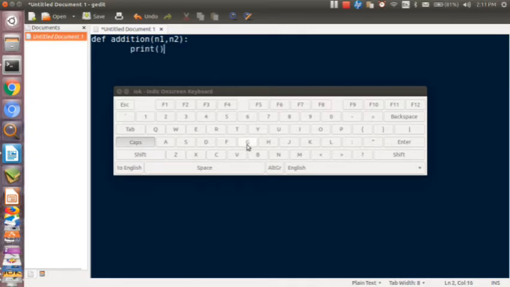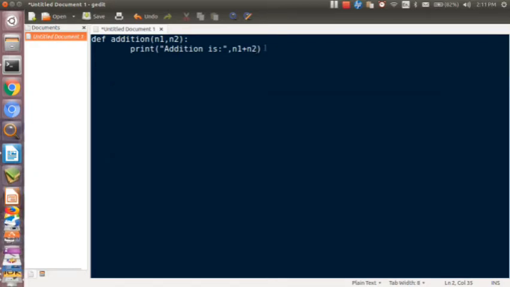By using the print statement, we can give print in round parentheses, "addition is", and we need to give the addition of two numbers as n1 plus n2, because these are the two parameters, which gives us the addition of two numbers.